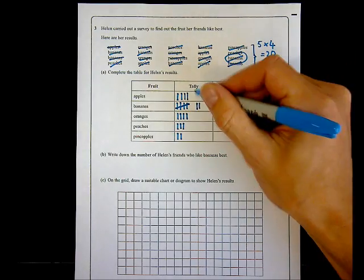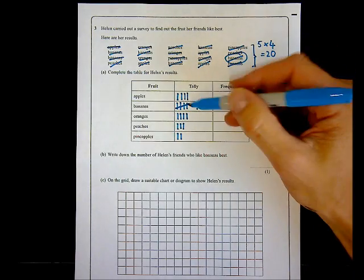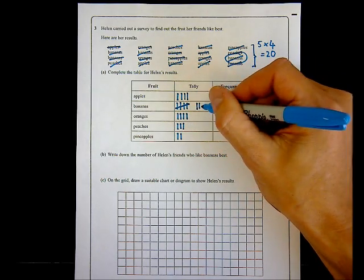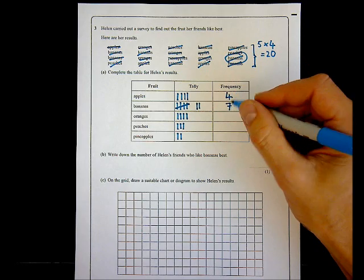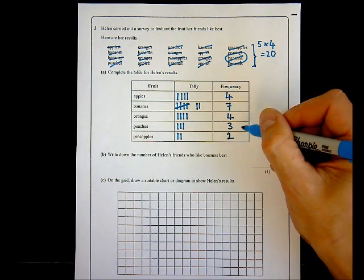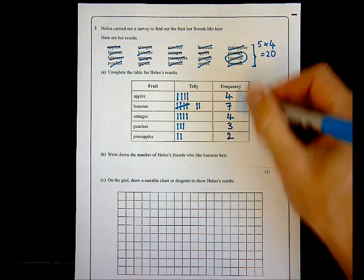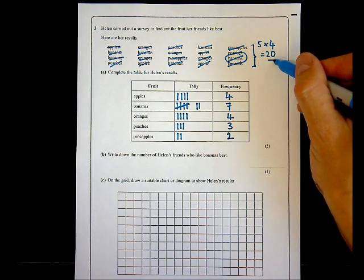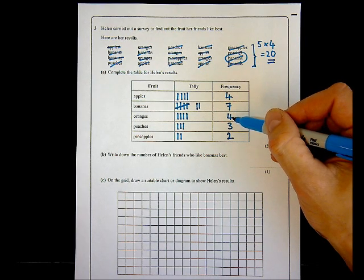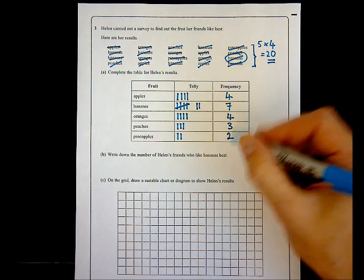Now I'm going to turn those tallies into frequencies here. So I've got 4 in the apples, I've got 5 and another 2 in the banana, so that's 7 altogether, 4 in the oranges, 3 in the peaches and 2 in the pineapples, and then I'm going to add those up to make sure that I haven't lost any from my original list of 20. So 4 add 7 is 11, add 4 is 15, add 3 is 18, add 2 is 20, so I